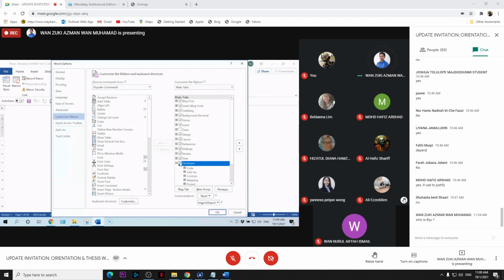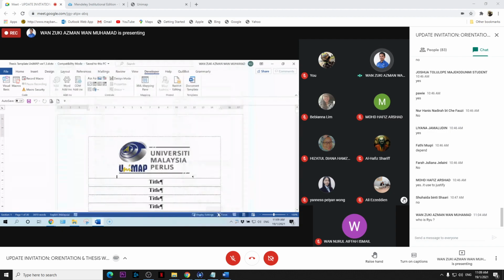If you want to graduate late, no need to use the Developer tab; you can do it manually. When you tick Developer and click OK, this menu will appear.